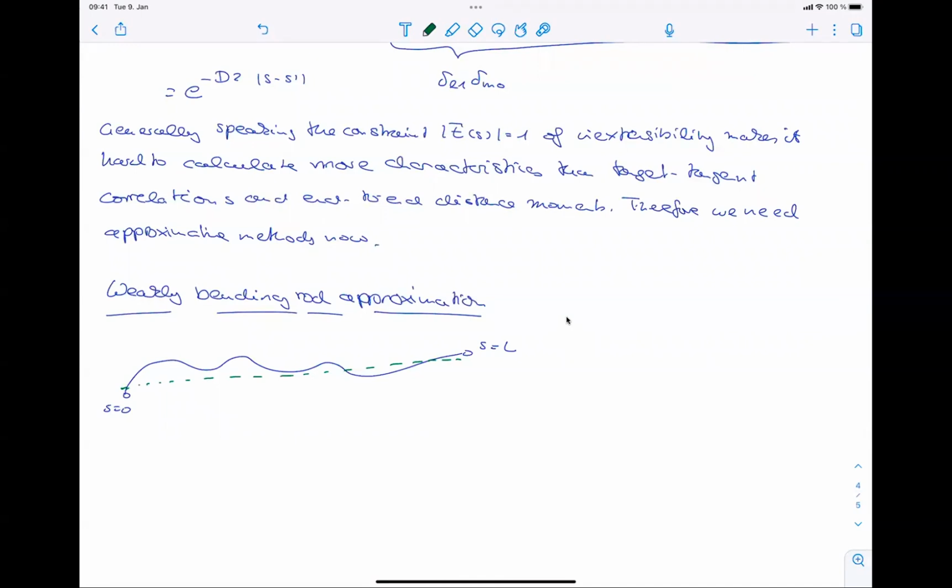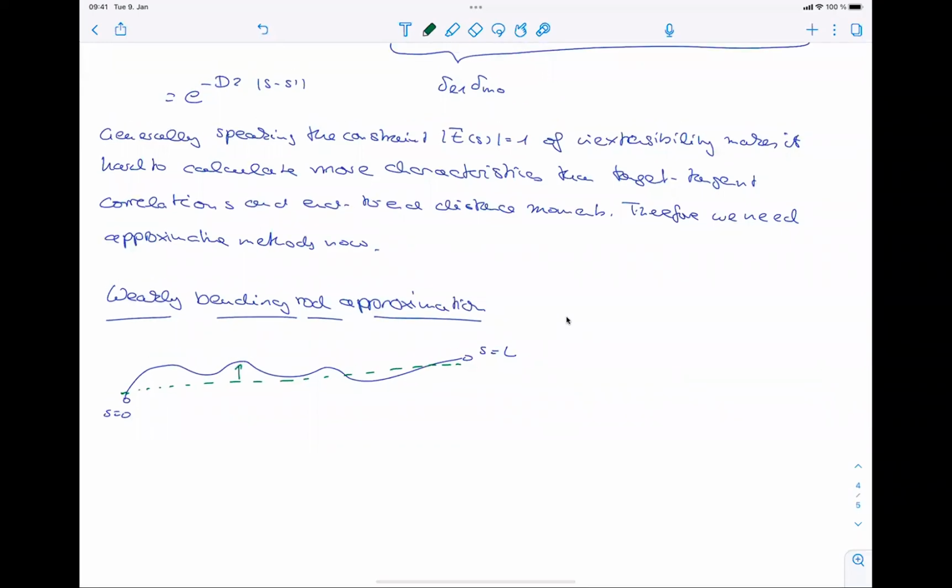And then I would describe any point as a perpendicular undulation in space. That is a two-dimensional vector. And then I have another measure, namely of how far along am I along my polymer, and this is given by